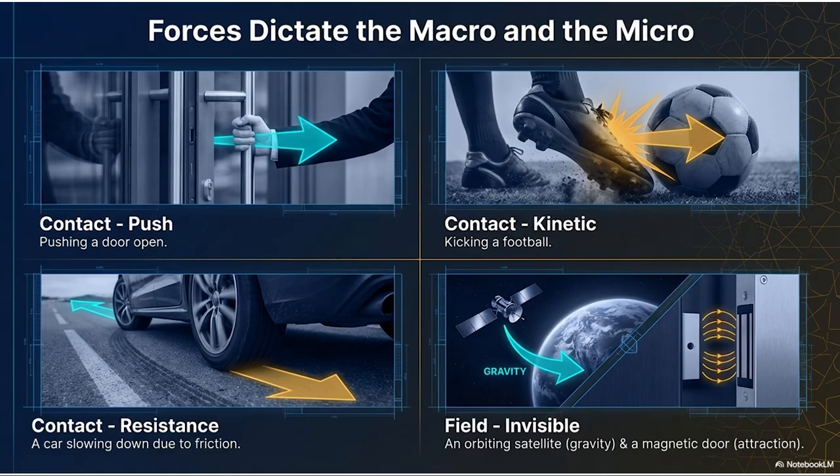Oh, like braking. Exactly. Imagine a car slamming on its brakes. The rubber tires aggressively drag against the rough asphalt. The physical friction between the road and the tire is what arrests the motion. In all of those examples, the point of interaction is entirely visible. You can point your finger exactly at where the force is happening.